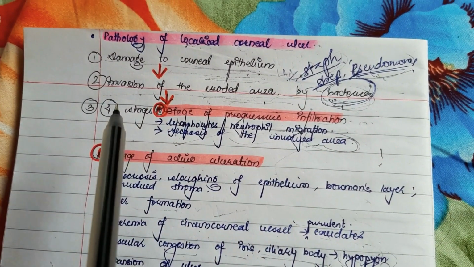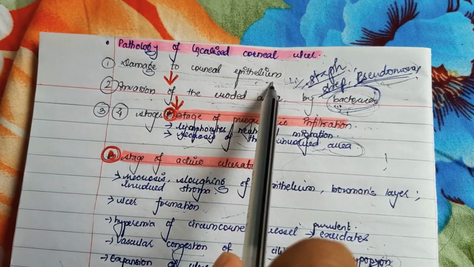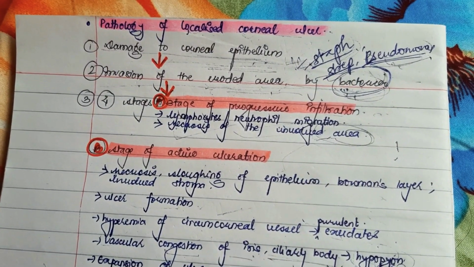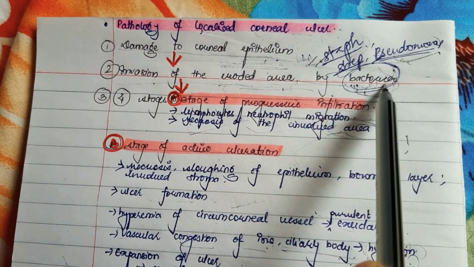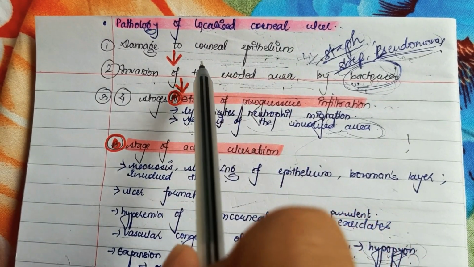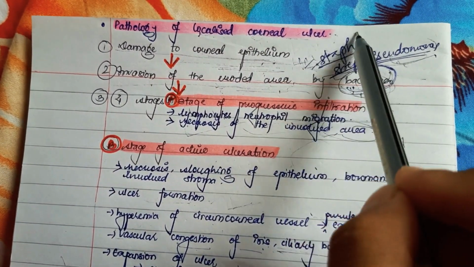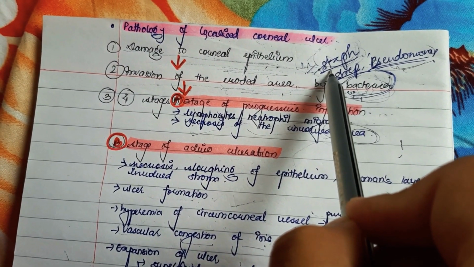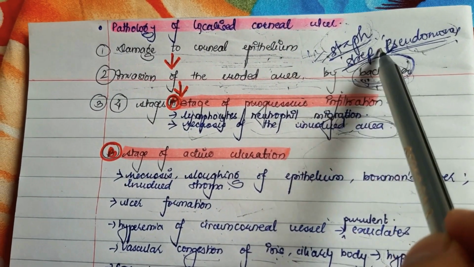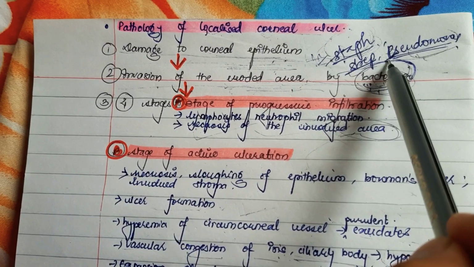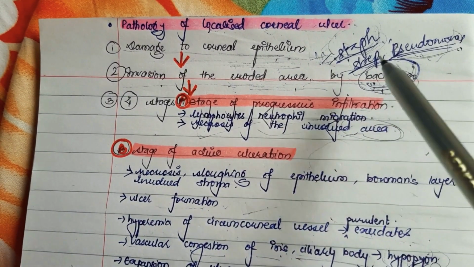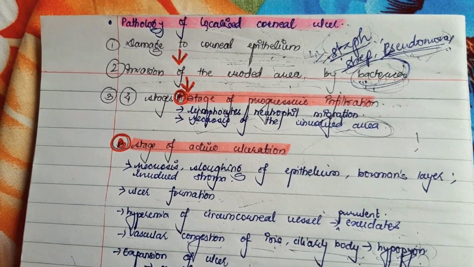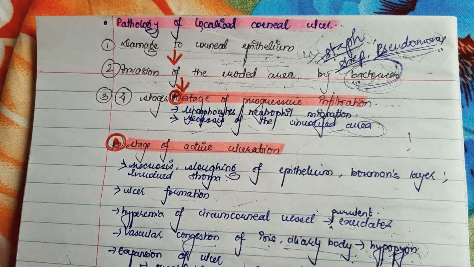And once the corneal epithelium is damaged, there are high chances for it to get invaded by various organisms. Here in this video we'll be mostly talking about the bacteria. The bacteria which can invade the damaged corneal epithelium, the most common are the Staphylococcus. Staphylococcus is the most common organism responsible for corneal ulcer, whereas in contact lens users the most common organism is Pseudomonas. The other organisms are Streptococcus, Moraxella, Neisseria gonorrhoeae, and Neisseria meningitidis.